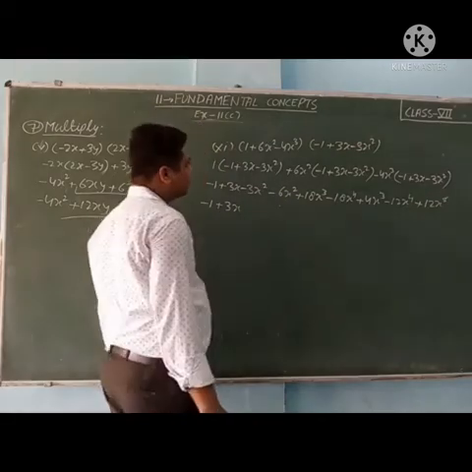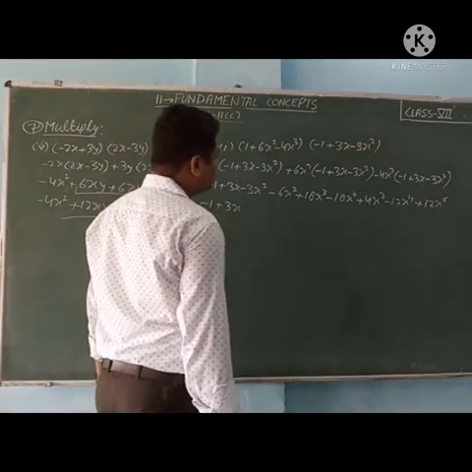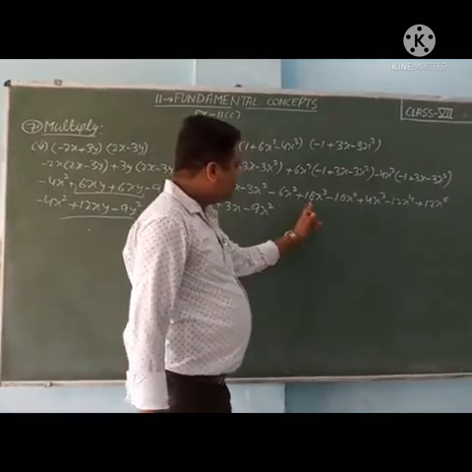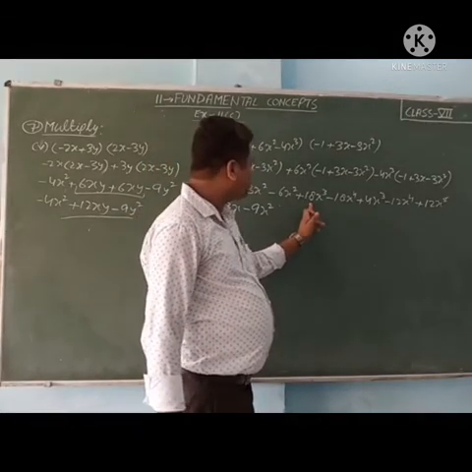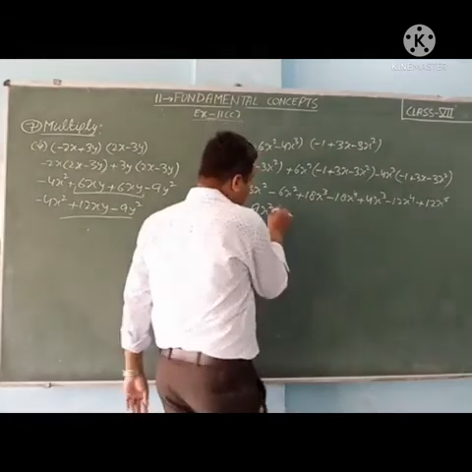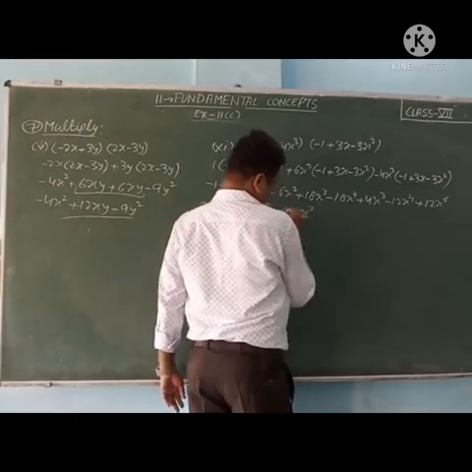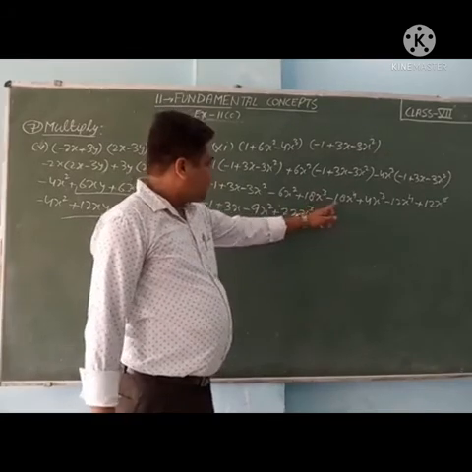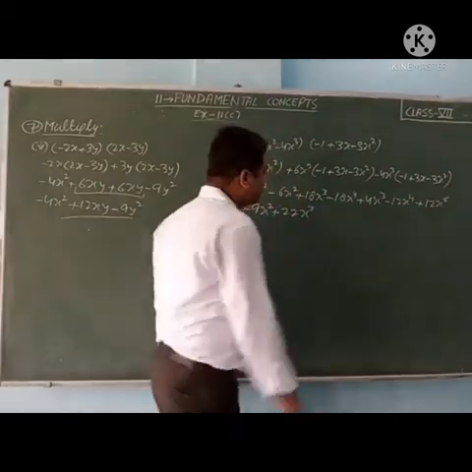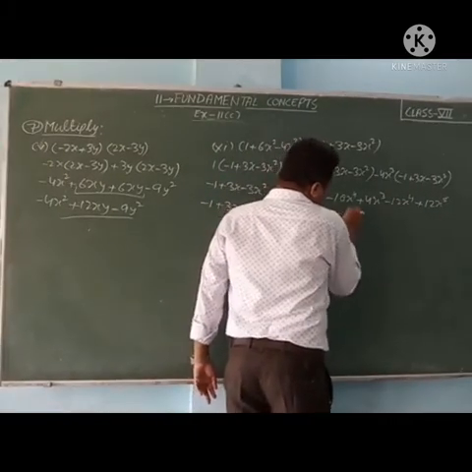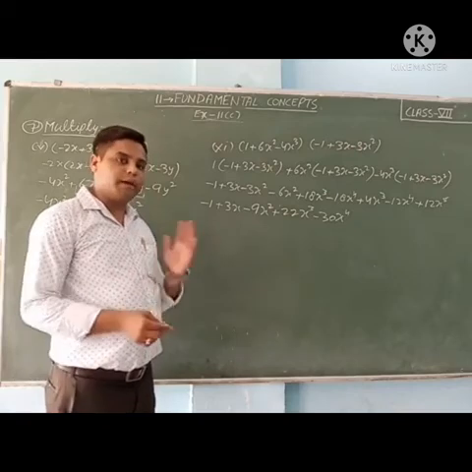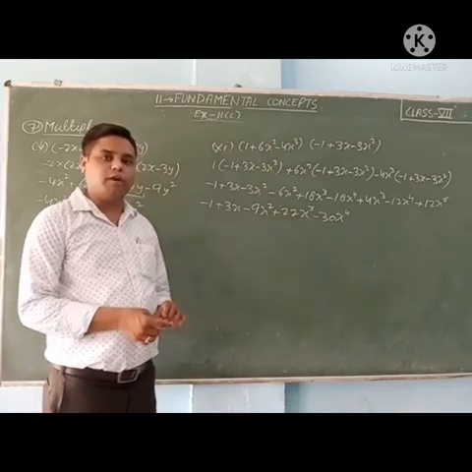We can write minus 9x square plus 18x cube. Any other x cube? Just see. Yes, plus 4x cube. So plus 18x cube plus 4x cube. What can we write? Plus 22x cube. Then minus 18x raised to the power 4 minus 12x raised to the power 4. It can come minus 30x raised to the power 4 because both are negative. So we can add the negative terms and the minus sign will come. So it is coming minus 30x raised to the power 4.